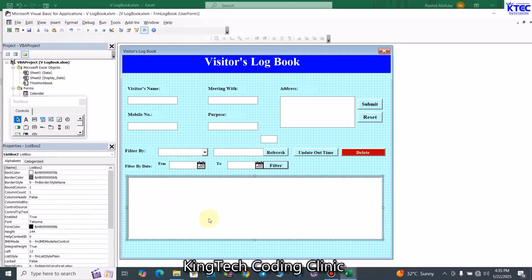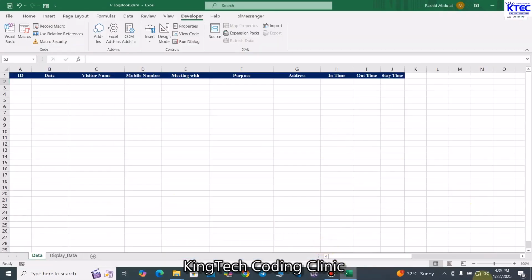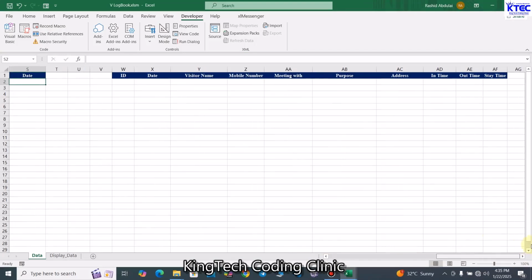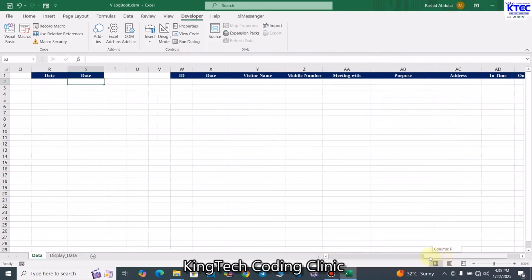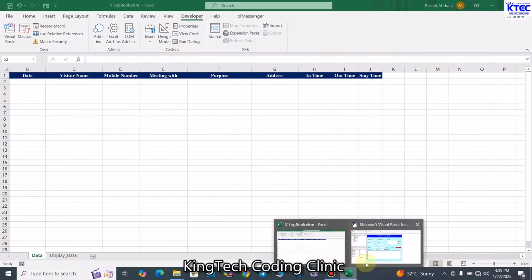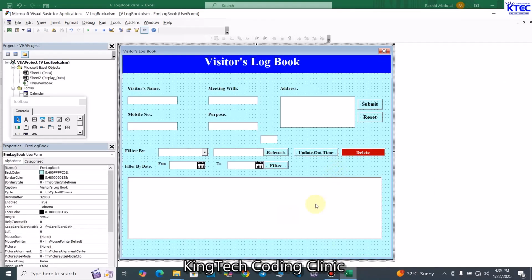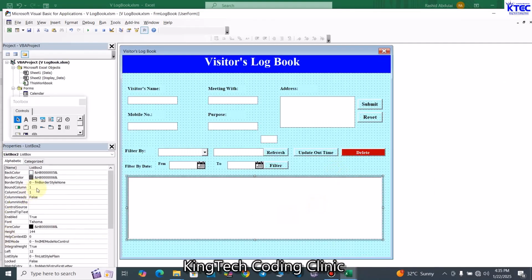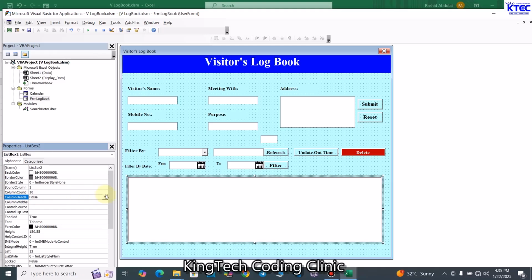So now let's select this and let's look at the number of columns we have here. For here we have how many columns? We have 1, 2, 3, 4, 5, 6, 7, 8, 9, 10, up to 10 columns, right? So yeah, perfect. We need that here as well. So select this, then column count is up to 10, and then column heads set it to true, okay? And then here